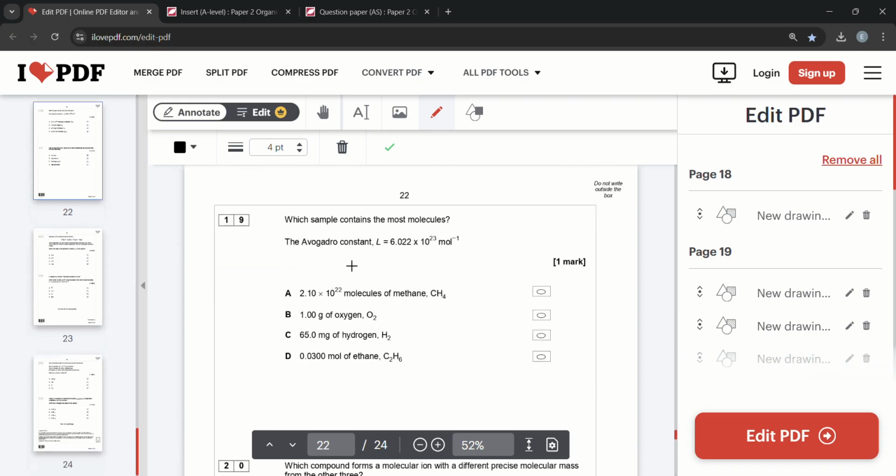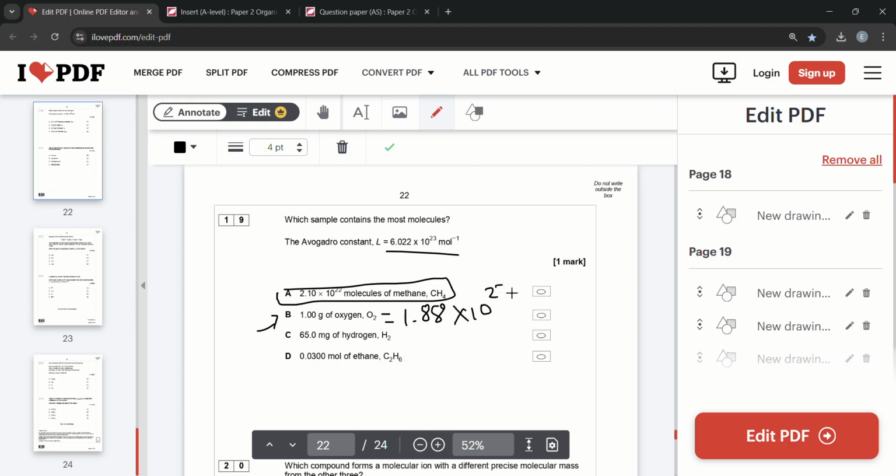19a. Which sample contains the most molecules? 2.10 times 10 to the power 22 molecules of methane, 1.0 grams of oxygen, 65 milligrams of oxygen, 0.030 moles of that. The most molecules. What we have to do is, we're already given the molecules of methane. In this case, we have to find out the moles of oxygen gas of 32, and then we need to times my answer by 6.02 times 10 to the power 23. That's why they give us Avogadro's constant, and that will give me 1.88 times 10 to